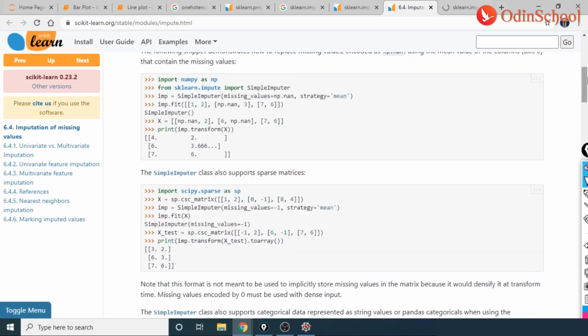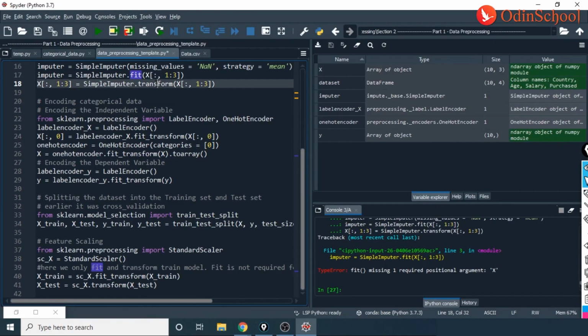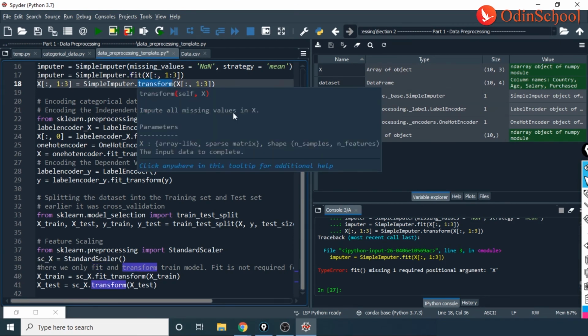right guys, wherein we are using transform x. Okay, and then there's no fit. Okay, we are fitting here, impute fit, and then we are transforming. Is that what we're doing here too? As you can see, yes, we are doing fit, and then after which we are doing transform. So what would transform do? Transform would impute all the missing values in x.